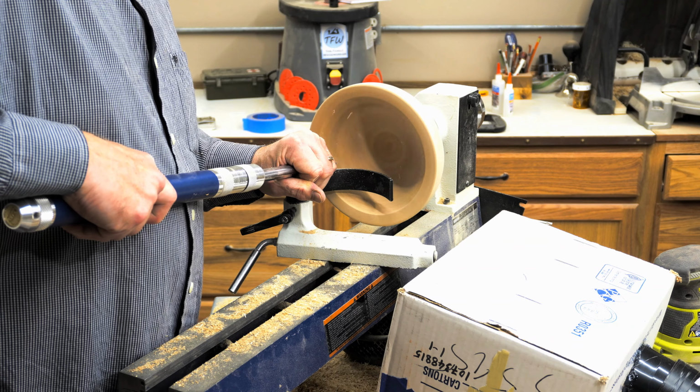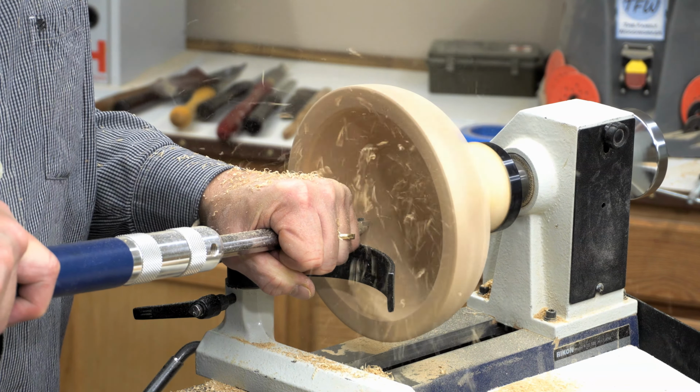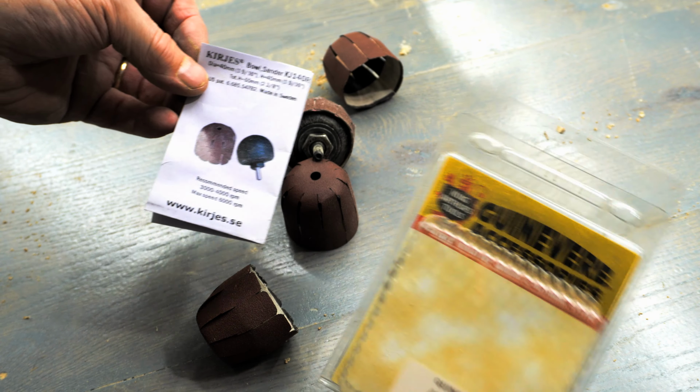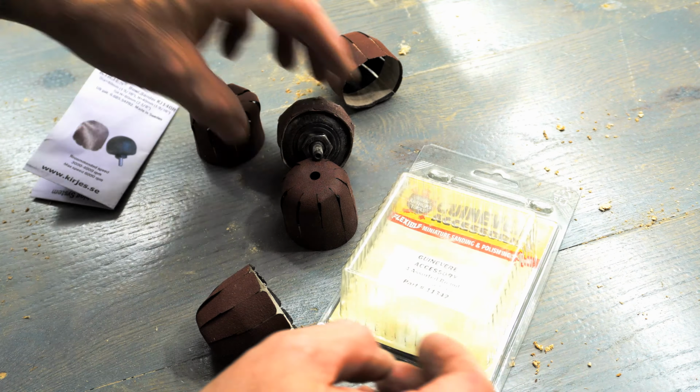Now that the shaping is done and we've preserved some of that beetle kill detail on the outside, I needed to start the finish sanding on the inside of the bowl. And of course, I absolutely have to have a new tool for the shop in order to do that. Lucky. Seriously though, this inflatable round mini bowl sander by Kyrgyz looks like it'll be flexible and awesome for sanding